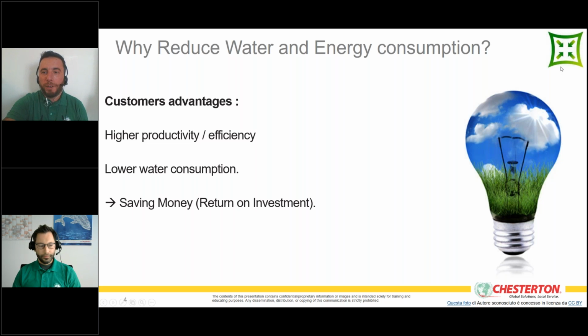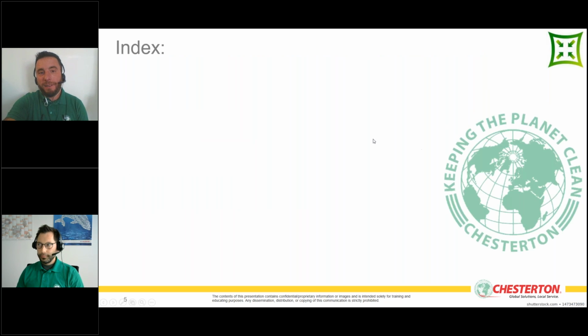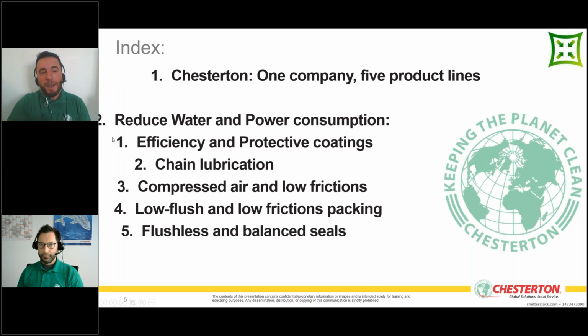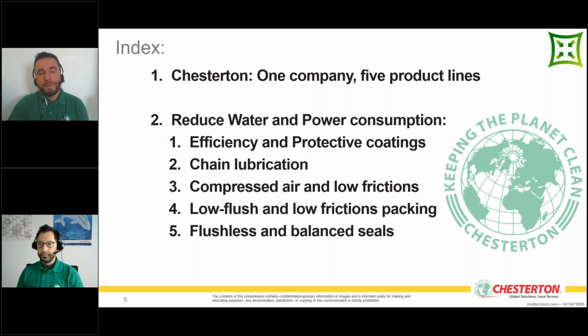So what we're offering today is to go together with environmental protection and the savings of cash, simply. So we will see today 5 different ways to reduce water and energy consumption as a direct advantage for the plant,